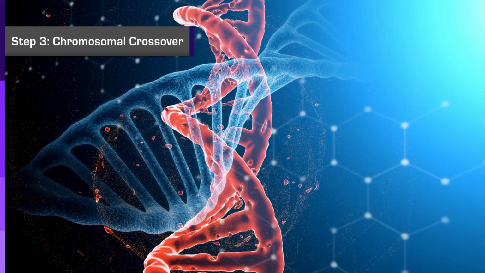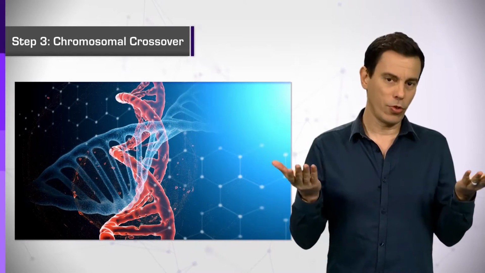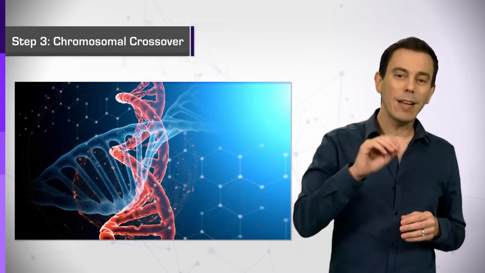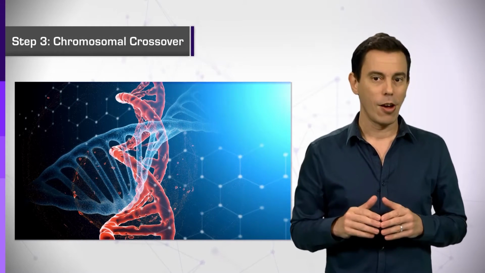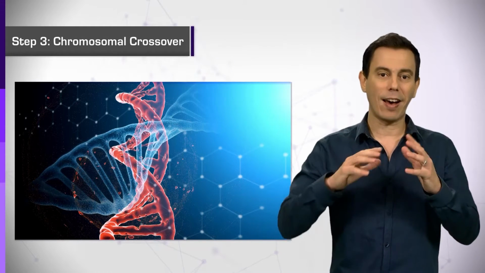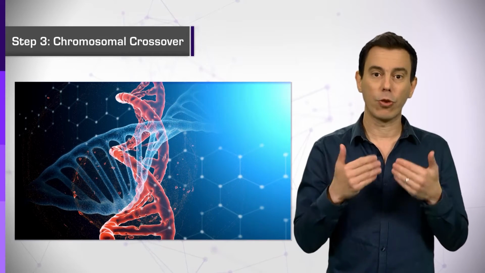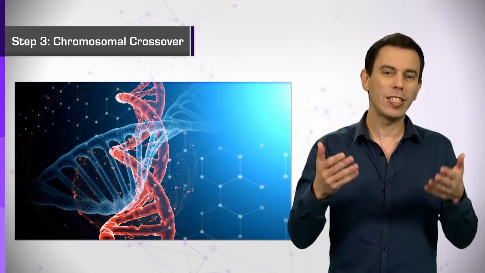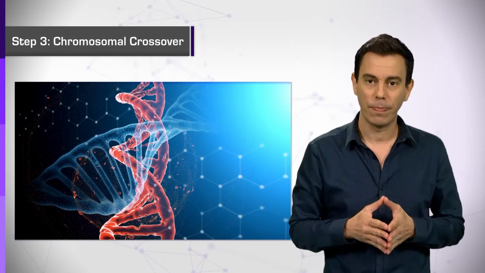Step 3, chromosomal crossover. Produce a sequence for the offspring by combining the sequences of its parents. One of the reasons eukaryotes have advanced more through evolution than prokaryotes is claimed to be connected to their sexual nature of reproduction, where the traits of 2 parents are combined together in some random manner, in a process called chromosomal crossover, which increases the diversity in the population and the natural selection mechanism.